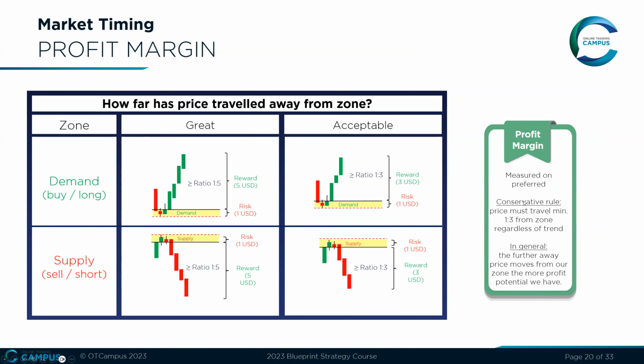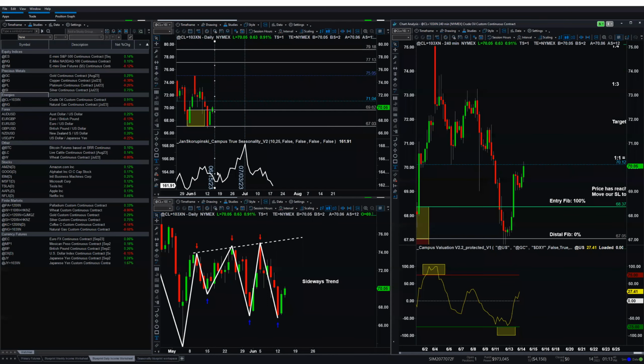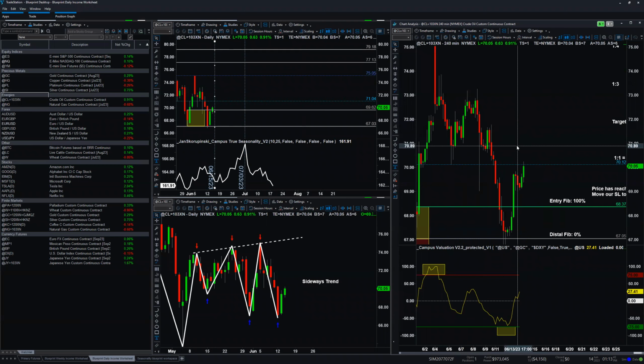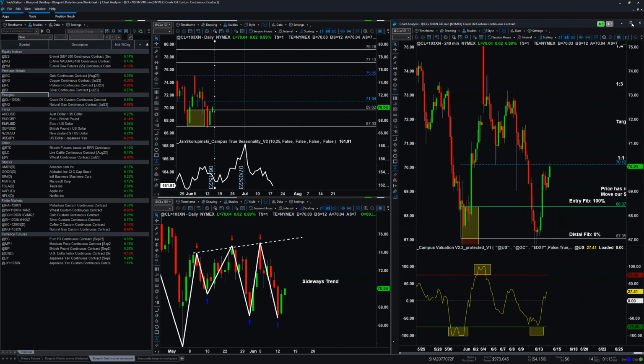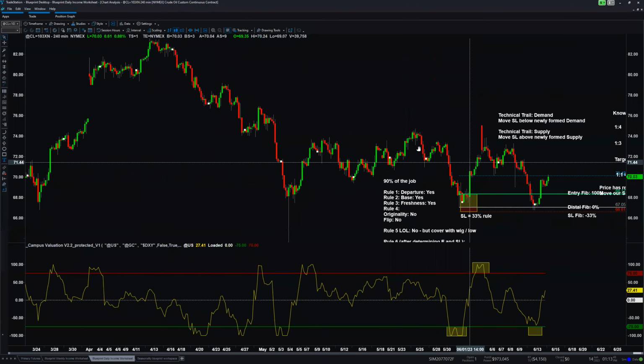That's something that you can argue. So you would measure that on the preferred version, and the conservative rule is that price must travel a minimum of 1 to 3 away from the zone before price comes back, regardless of trend. So for our examples, now, because we have beautiful examples here that we can build on,